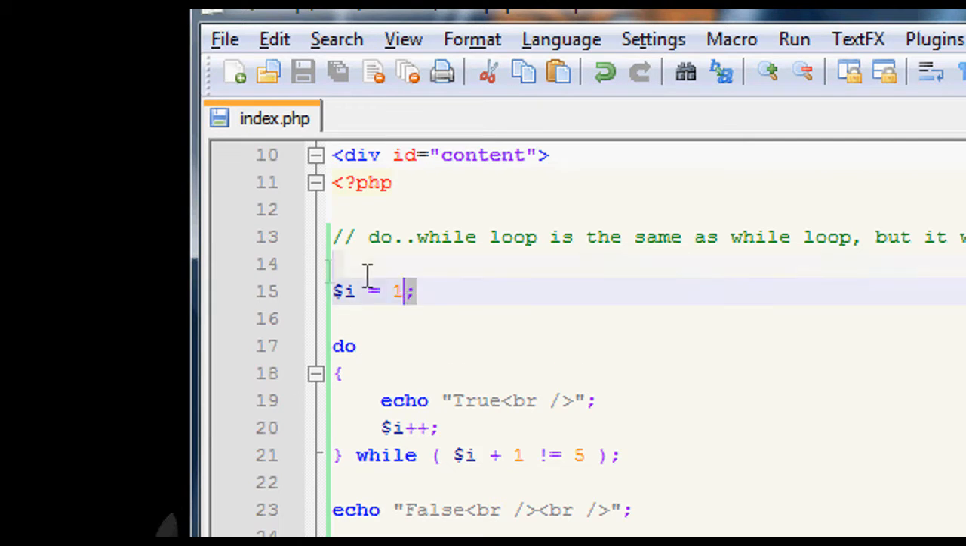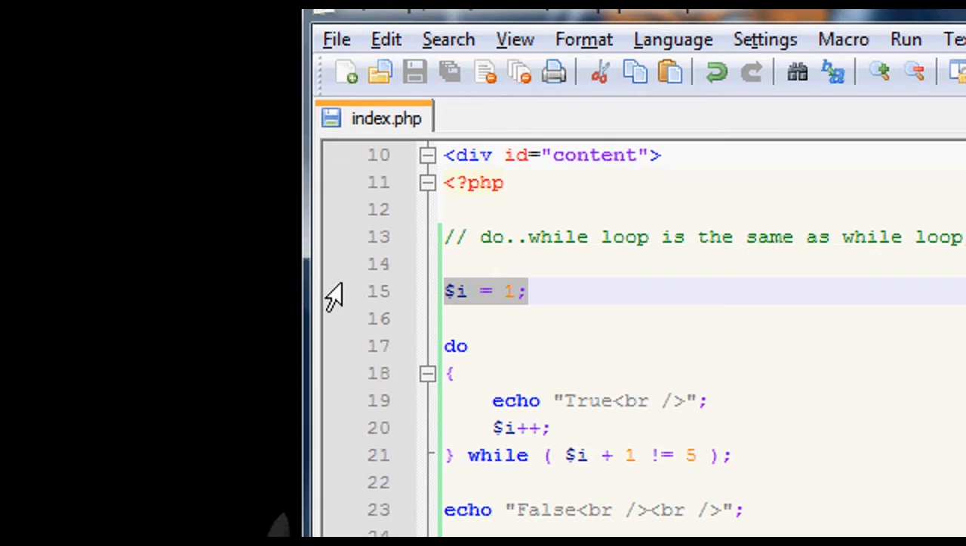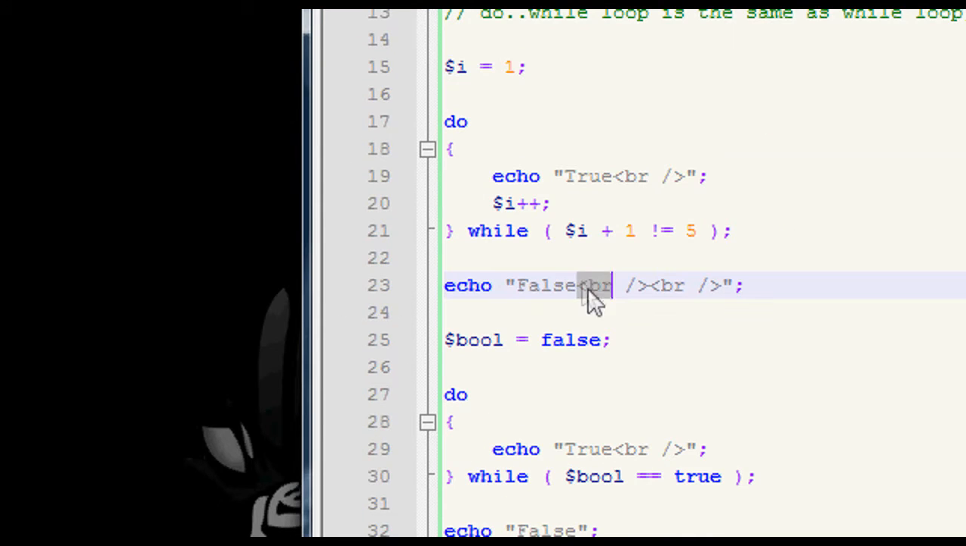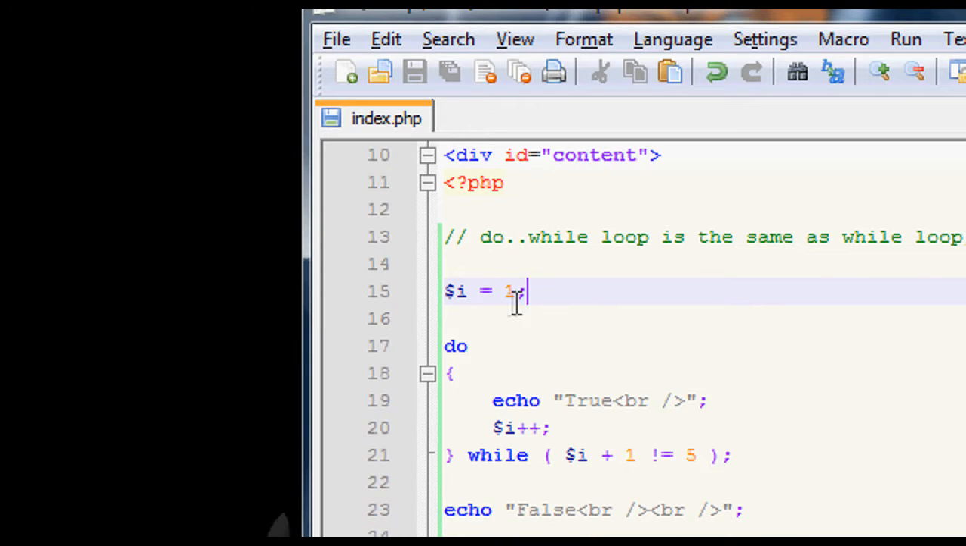First, I'm just going to demonstrate what we did last time, which is echo out true 3 times and then echo out false using a loop, just to demonstrate that do-whiles are pretty much the same as whiles. Okay, so first declare,